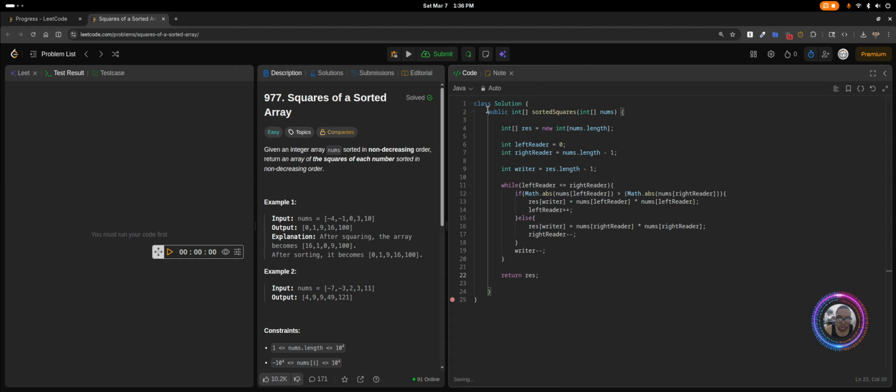So just going through this really quick. I didn't have a timer on. Like I said, we're creating this new array. The left pointer is going to be 0. The right pointer is going to be the end of that array. The writer is going to be at the end of the new array. And as long as left reader is less than or equal to right reader, we're going to look at the absolute value of the number at left reader, compare it to the absolute value at the right reader,